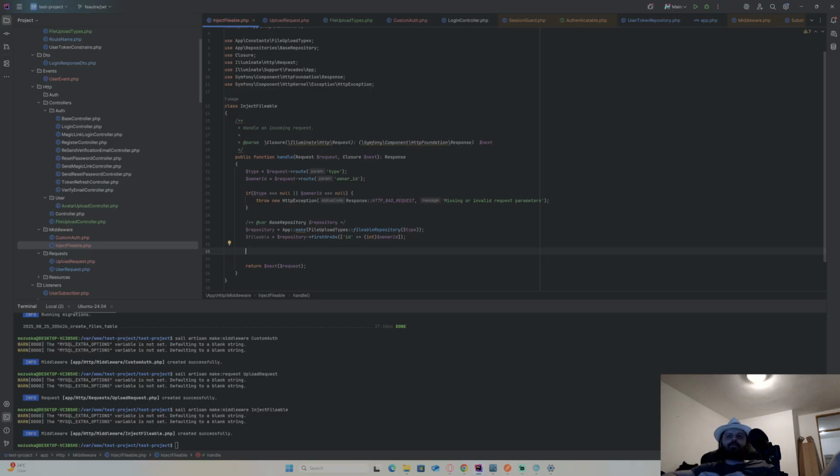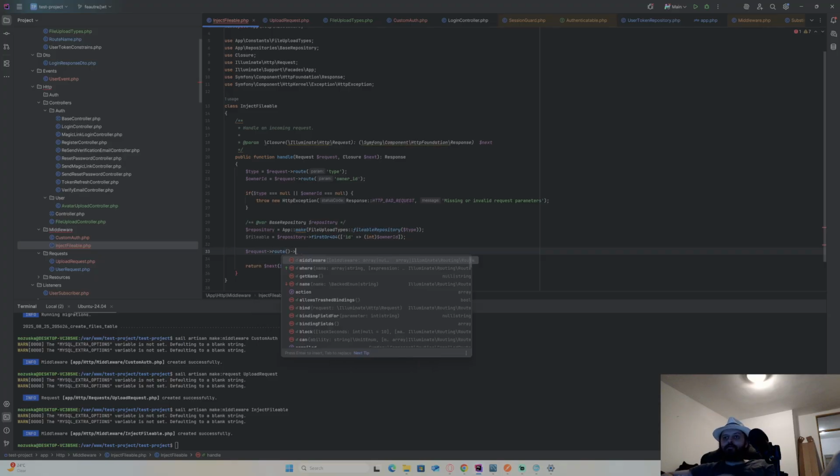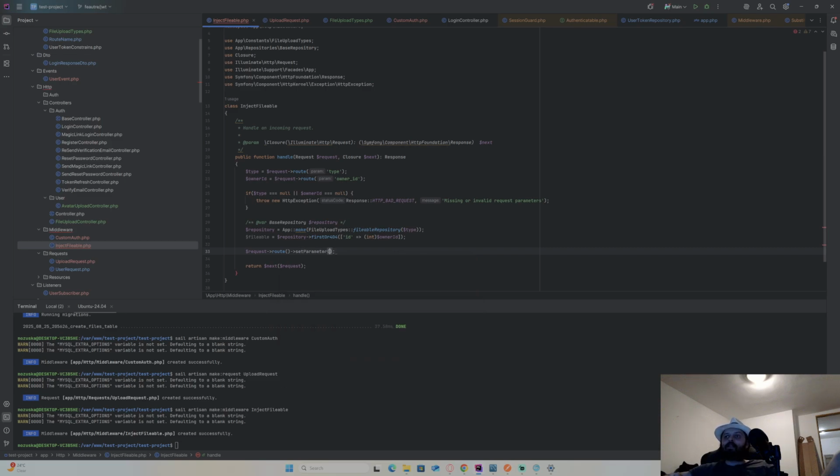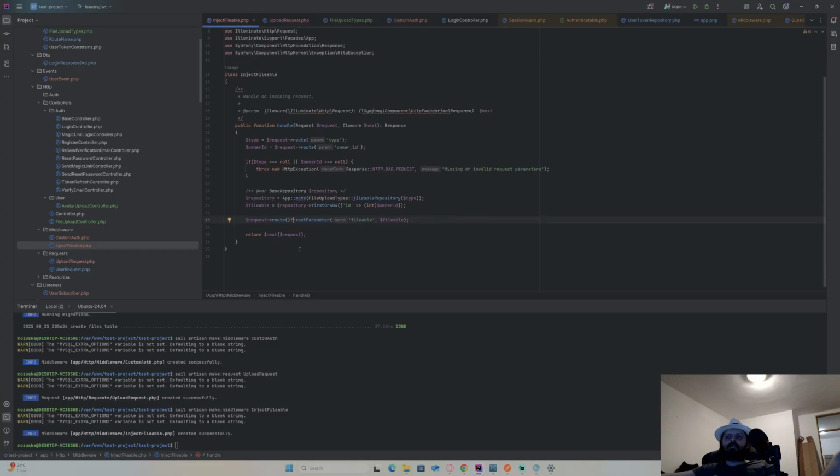I'm just going to inject it into my route. So it's gonna be a request to route to set parameter. Is there a parameter here? It is. So it's gonna be okay. It's gonna be fileable. And it's gonna be fileable. That's it. And it's necessary the route is actually set, so I need to put this one here. If it's nullable, no call as an operator, and that's it.